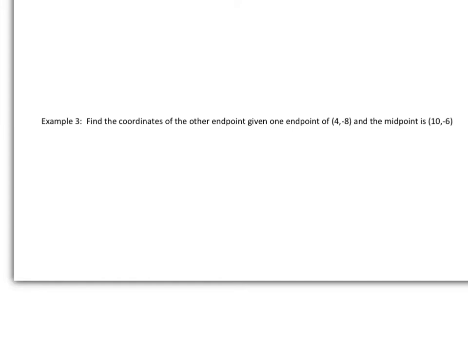Lesson 10.5, Video 3. As we mentioned with the midpoint formula, we have to ensure that we're being given two endpoints. So if we read this question carefully, it says to find the coordinates of the other endpoint given one endpoint and one midpoint. So to put this graphically, to understand what we're dealing with,